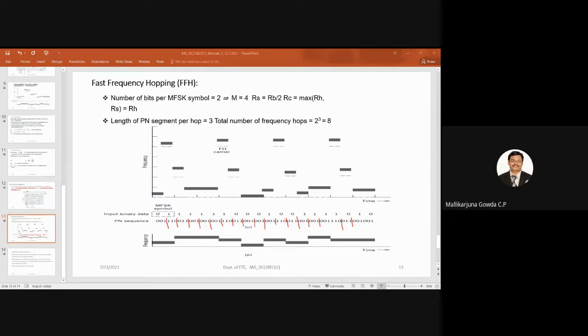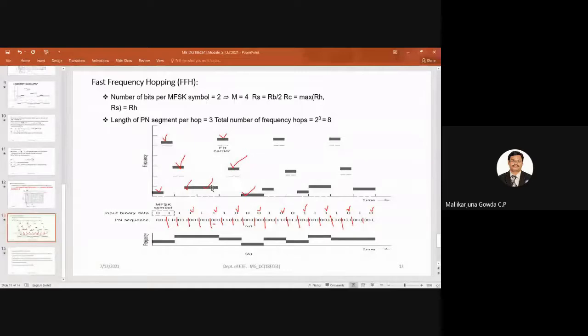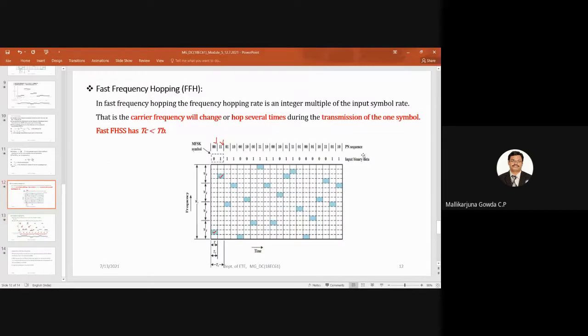Yes, I don't know whether people are able to get this point. So 2 hops, there will be 2 hops per symbol. So I marked a few things. I think the same way you can take it for other symbols. You just verify. Better you mark that in the previous slide I showed the grid structure. If you mark it like this, it is easy to show it.